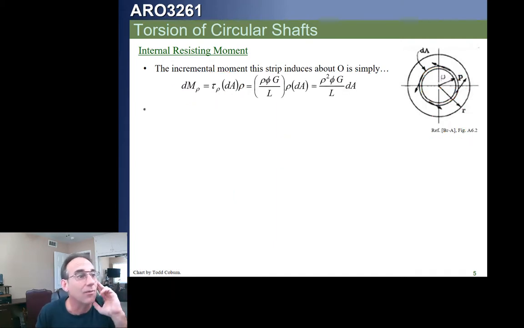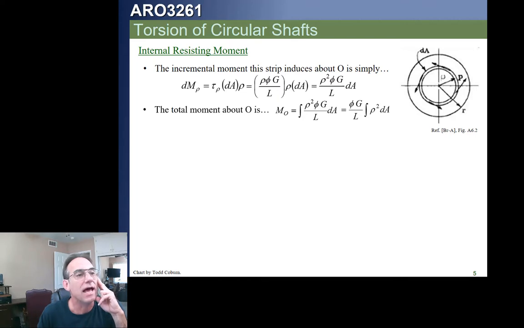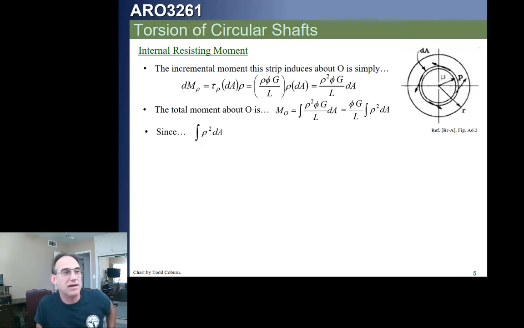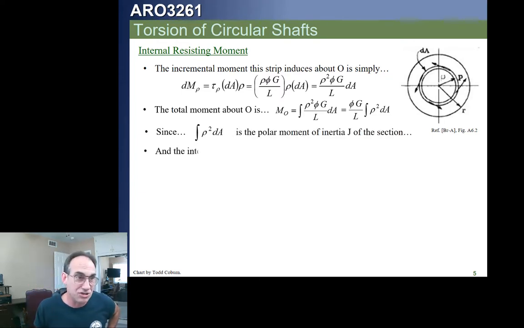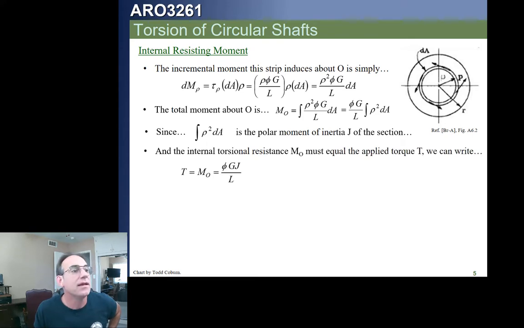So we can continue writing it this way. The total moment is just the sum of all those, which means we're going to integrate all of these values. If we do that, we can write this way. Now we look at it and we say, okay, the angle of twist is a constant, the G is a constant, the L is a constant, but that integral of rho squared dA looks like the polar moment of inertia. If we pull that out and replace it with a polar moment of inertia J,